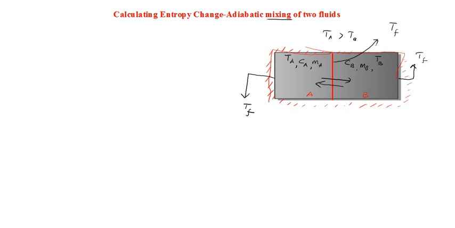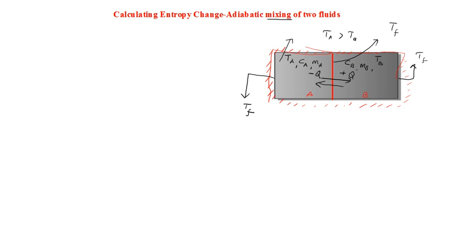Now how do we find the entropy change? Since there is no heat flow outside, because it's an adiabatic enclosure, whatever heat is lost by system A will be gained by system B. If Q amount of heat is lost by system A, then the same Q amount of heat will be gained by system B. What is minus for one will be plus for the other. Heat lost is equal to heat gained in an adiabatic enclosure. That's the principle of mixing here.